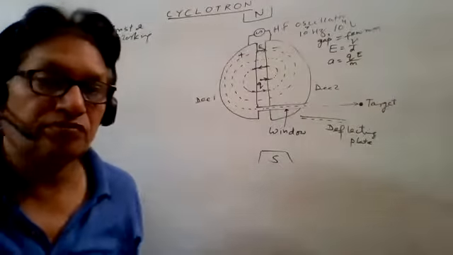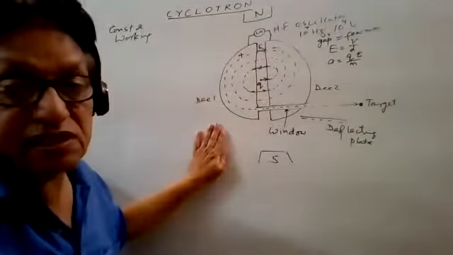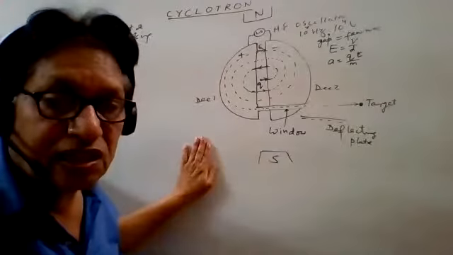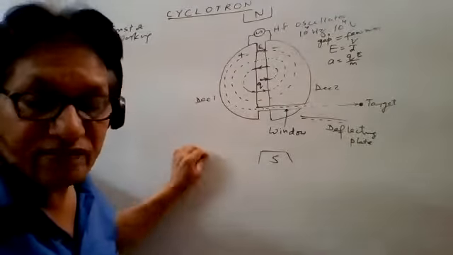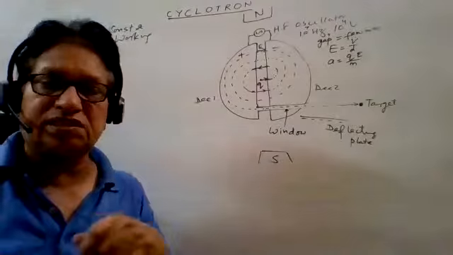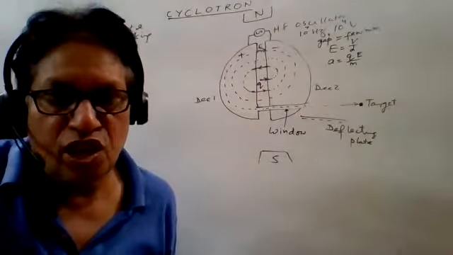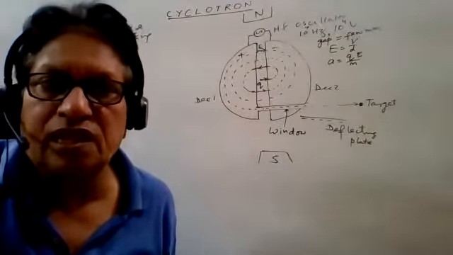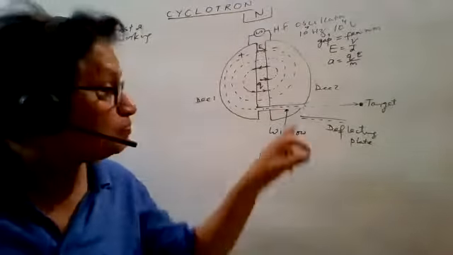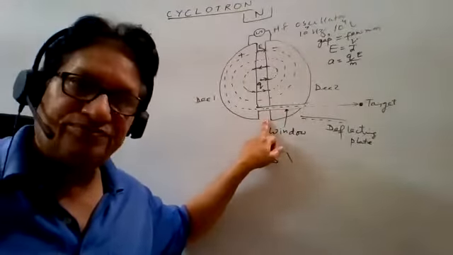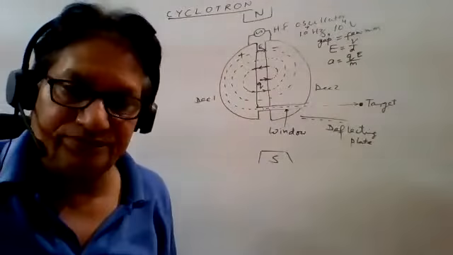Okay. So here the purpose of this cyclotron is to accelerate the charged particle to increase the kinetic energy up to a very high level. Got it? Any other doubt in this discussion here? What was the principle here? It is the principle of cyclotron. The charged particle is passing through the electrical field again and again with the help of the magnetic field.